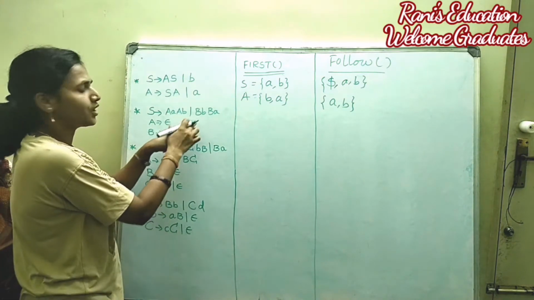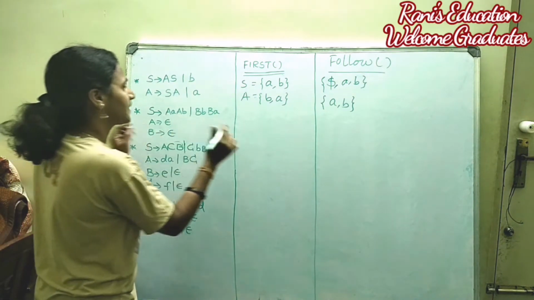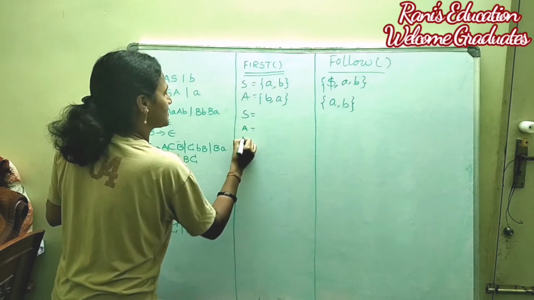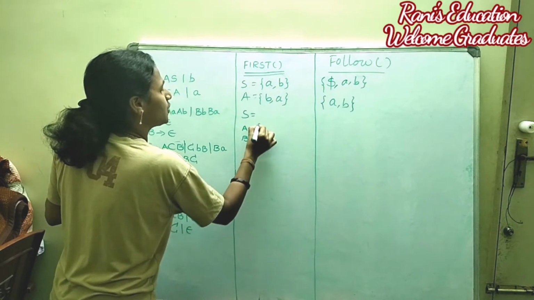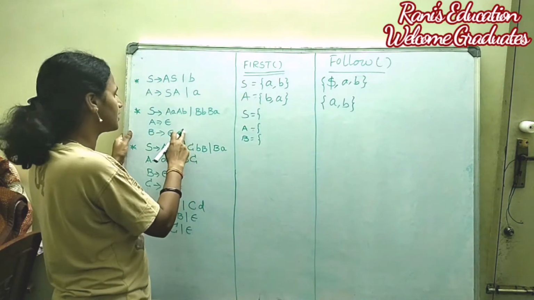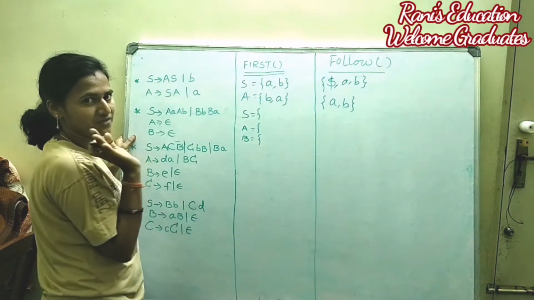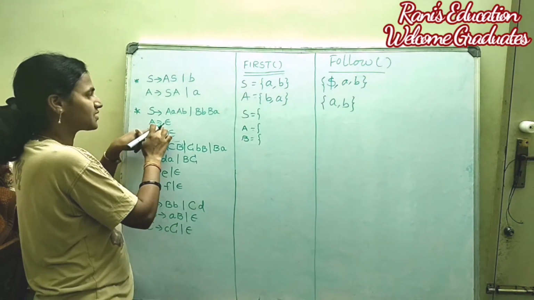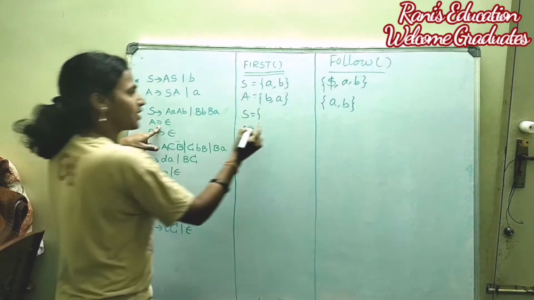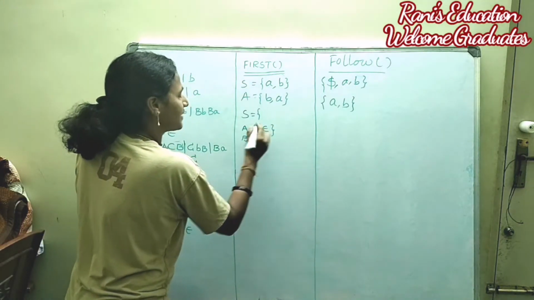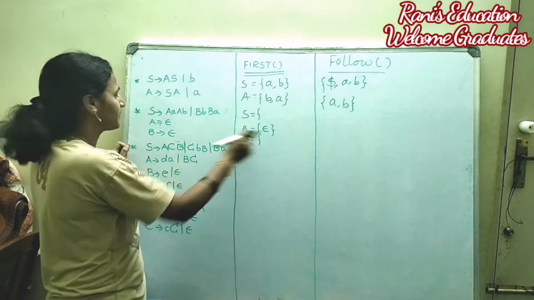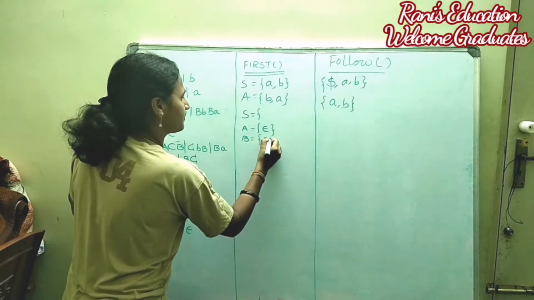Right? Now move on to another example. Here you need to compute the first function for all the grammar symbols. As we all know, if there are any epsilon productions for that non-terminal, you compute the first function first. So first of A has only one possible production, that is epsilon. Epsilon is the terminal for first of the non-terminal A, so I am going to take epsilon. Then go for B, epsilon.